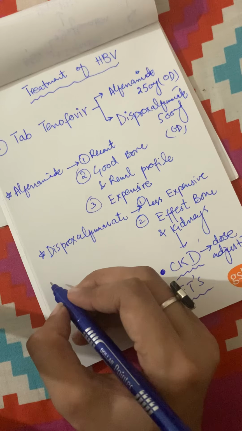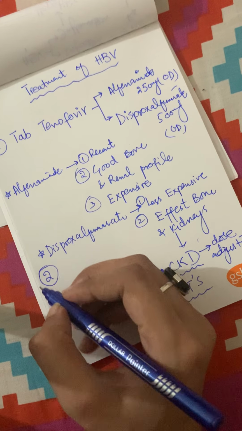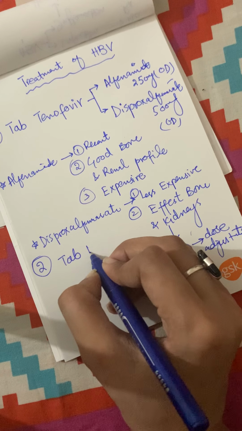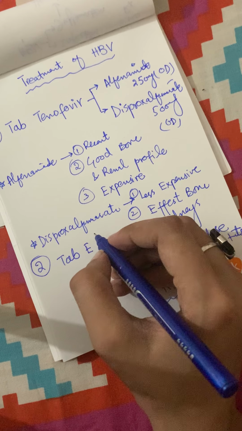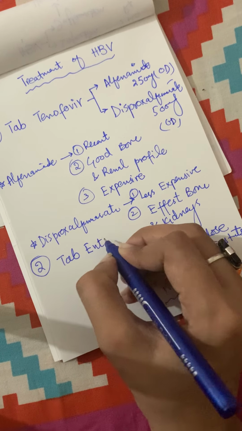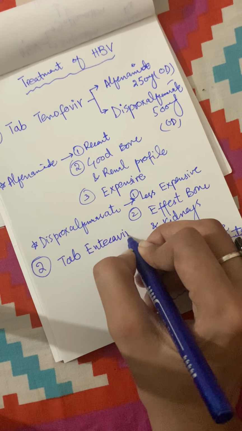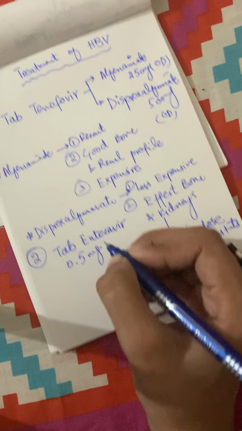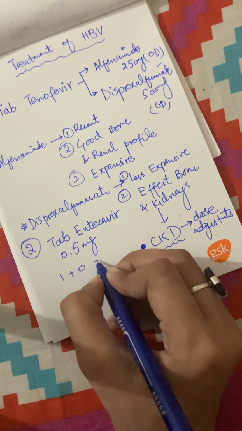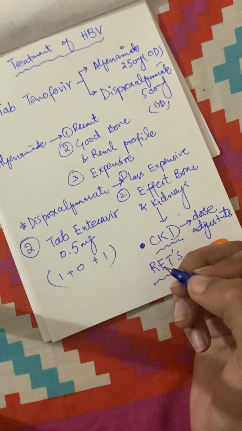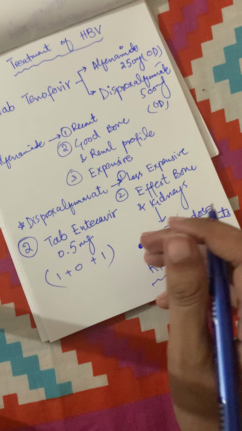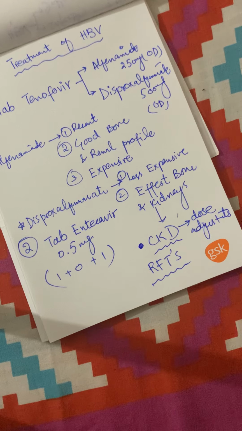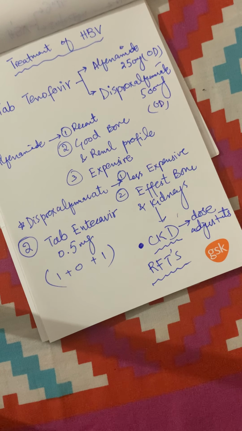The second class is tablet entecavir. The dose is 0.5 mg and we have to give it twice daily. So this was the treatment of hepatitis B virus, and there is a special